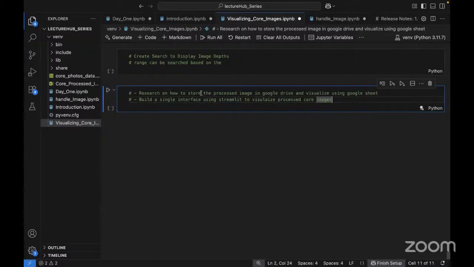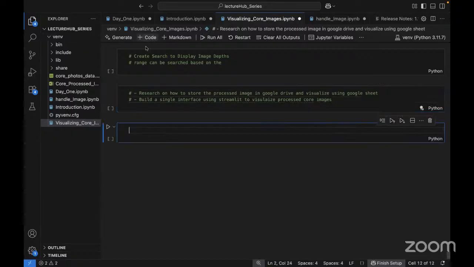When I mean research on how to store the processed image, you process the image, so you have all the file paths already. So what I want you to do is basically find a way to automate the process whereby you could store the images inside a folder you've created on your Google Drive. Now, in your Google Drive, you access those images on your Google Sheet. So technically, your Google Sheet, you're going to have something like this. You're going to have the image,